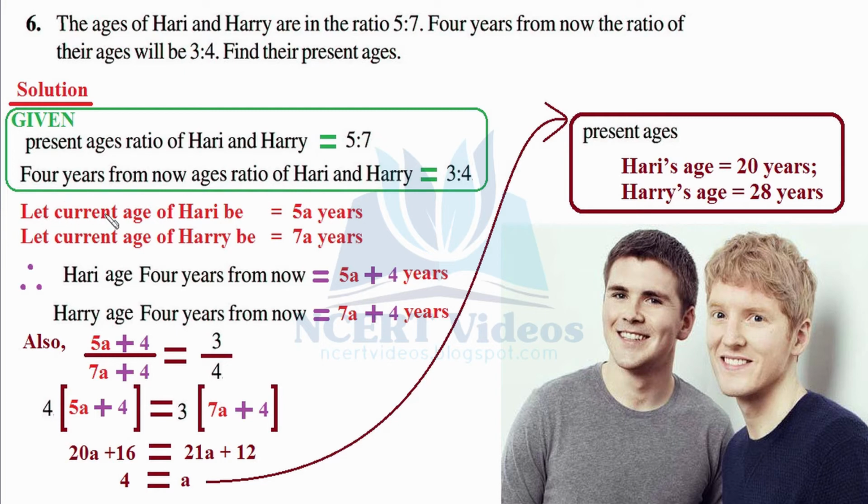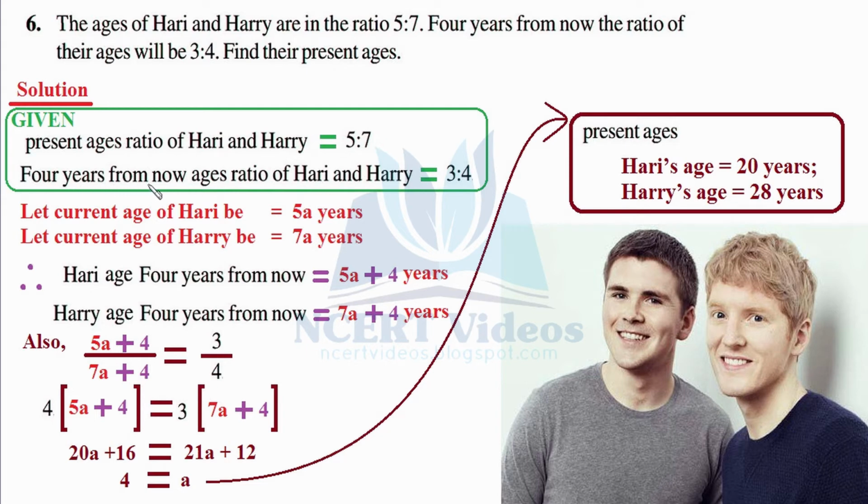Henceforth we are writing let current age of Hari be equal to 5 into a years, because we have considered our common multiple as small letter a. This would give us Hari's present age. Similarly, let current age of Harry be equal to 7a years. We need to multiply that common multiple with our given ratio. So 5a and 7a will give us their present ages,